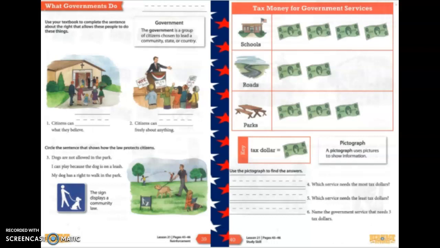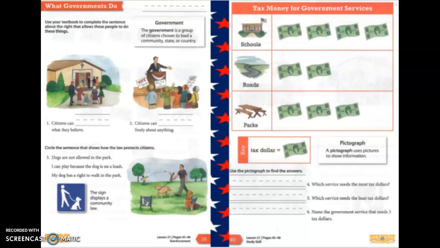Okay, get out your history packet and go to page 39. We're going to do page 39 and 40. And the title says what governments do. So in the box, it reminds us the government is a group of citizens chosen to lead a community, state,